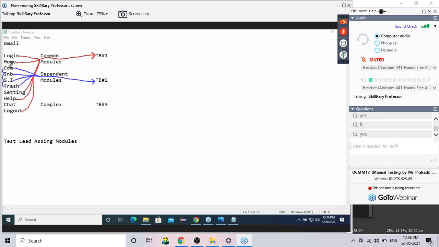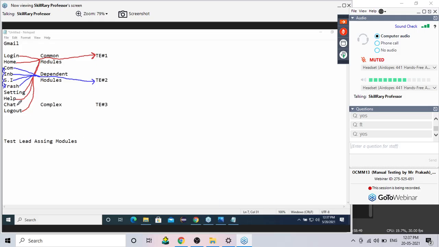Are you understanding what I'm saying? Are you understanding, guys? Yes. So all these modules are dependent on each other. So let me do one thing. All these four modules are dependent on each other. Let me hand over this module to test engineer number 2 so that he will take care of this. Now what I'll do, the third thing,